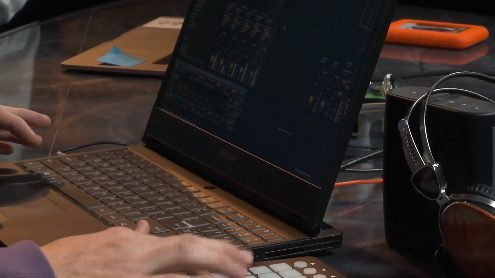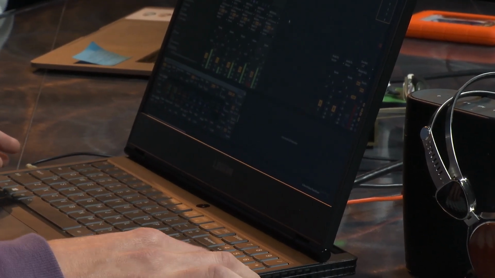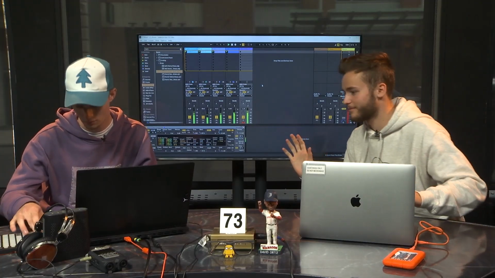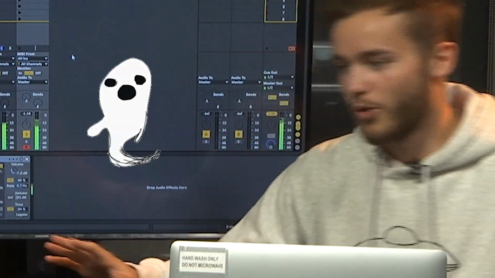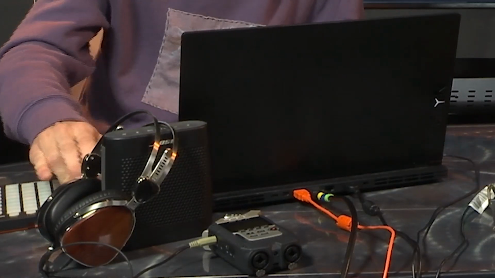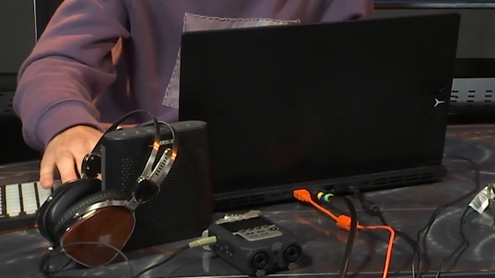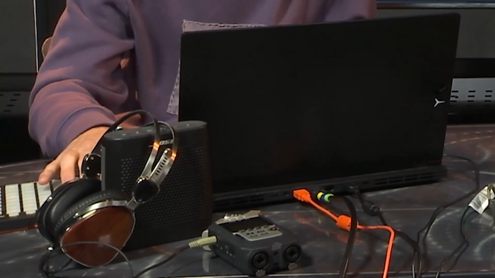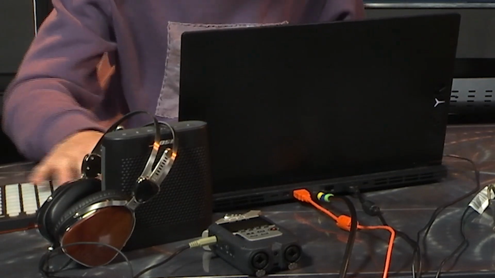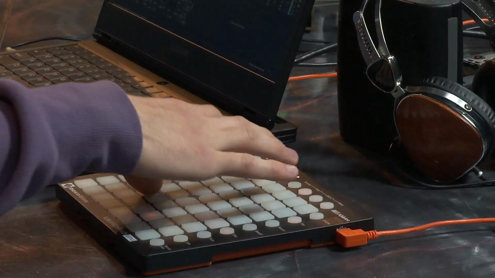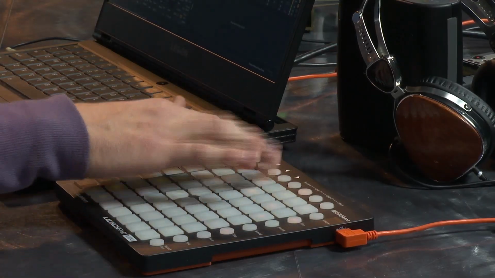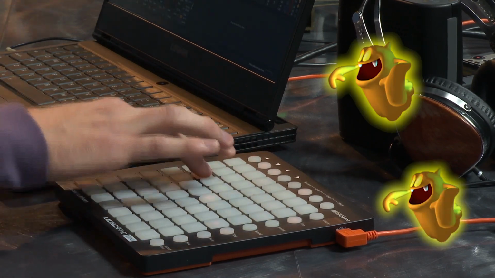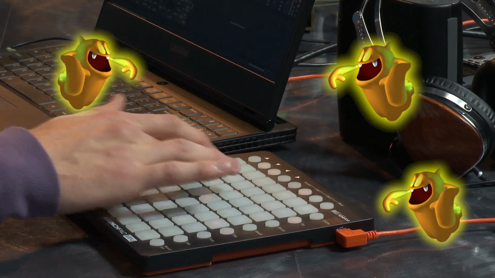Should've skipped that cheesecake. Lactose problems. Almost sounds like vocals. Spooky. Spooky. Okay.